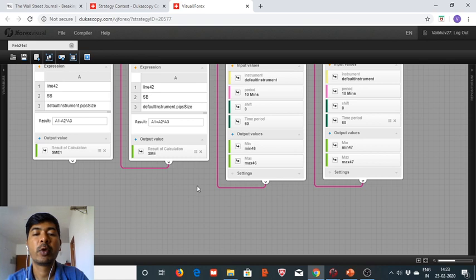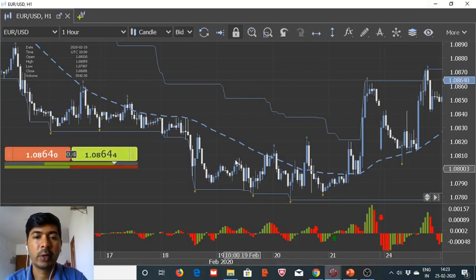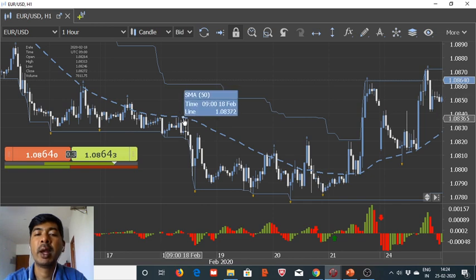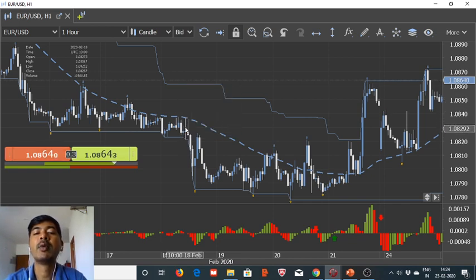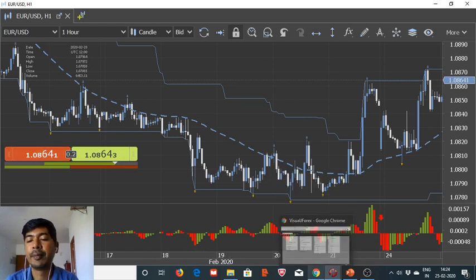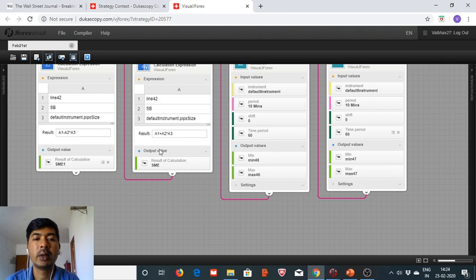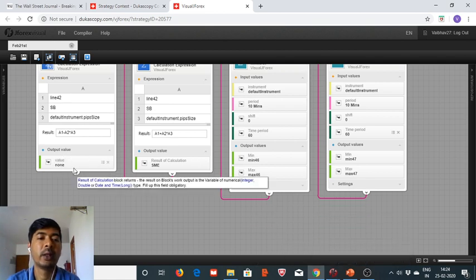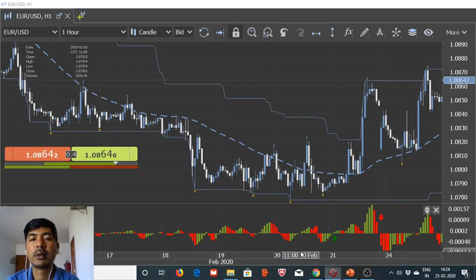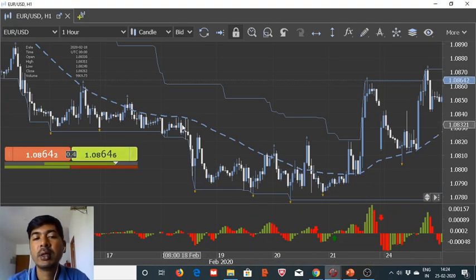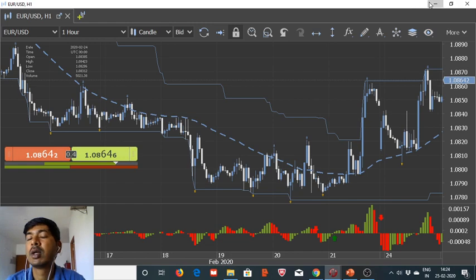So when we are looking for a short sale opportunity, let me explain to you on the chart. So here, if we are looking for a short sale opportunity, the price should be within the 10 pips band on the upper side, or within the 10 pips band on the lower side. So we compare last 10 hours maxima, and that maxima should be less than this SME, that is line 42 plus 10 pips, and also the maxima should be greater than the SME1. So the requirement will be like this: the last bid price should be less than SME, and it should be greater than the SME1. So here this is the execution zone, and that's what we are going to define using this setup